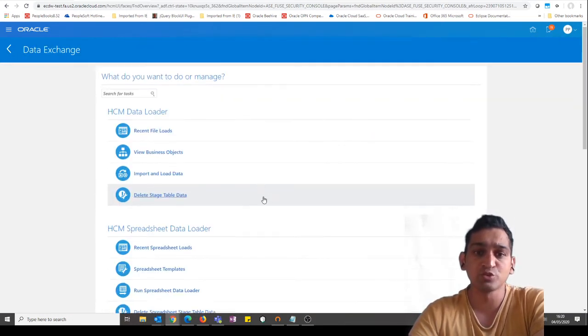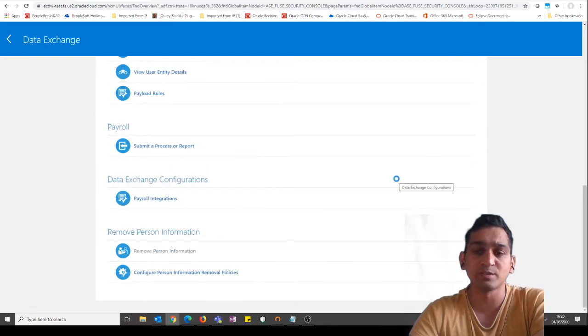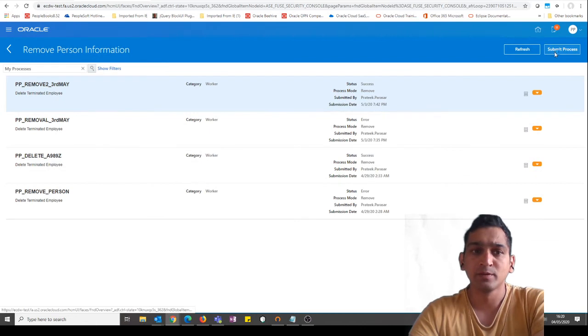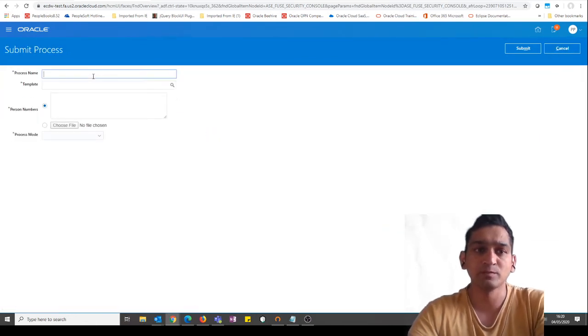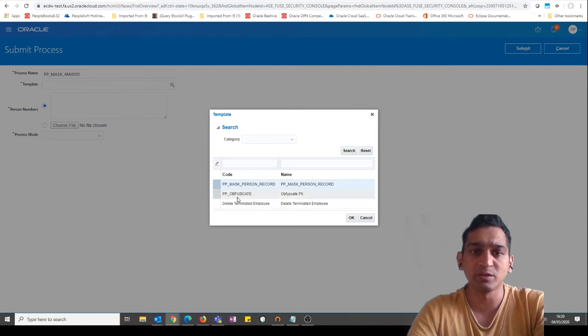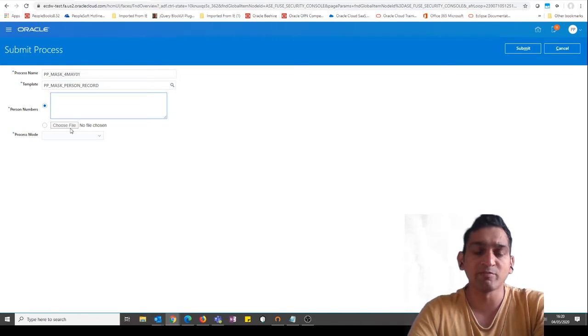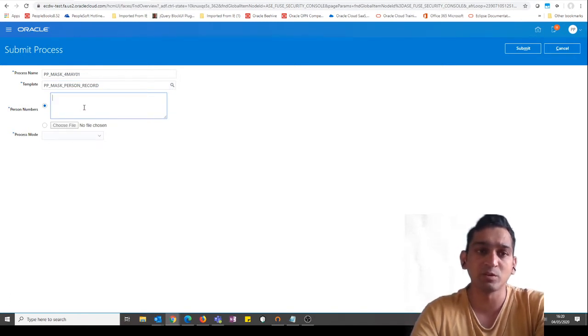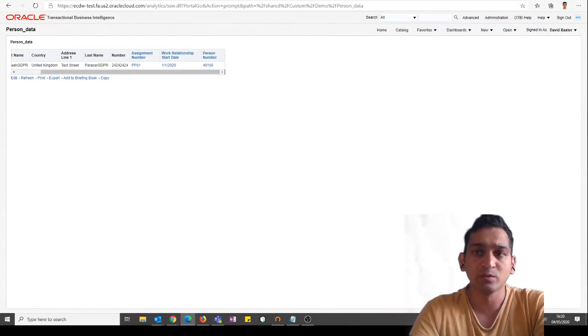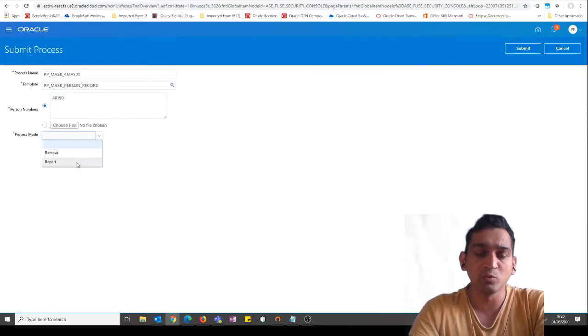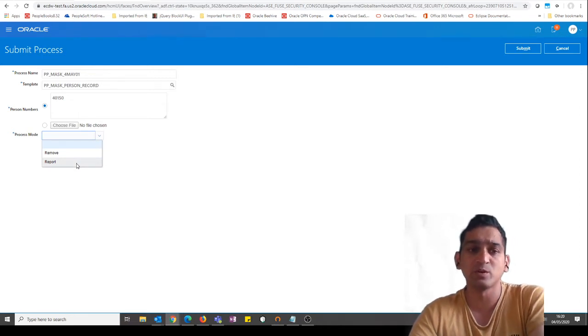As I have the permissions to do so, I will be able to go and say remove the person now. Submit process. I say PP mask should be me. I'm running this. I will take any of the active templates. So I've got this one, people mask person record, and that's where either I can supply a file of people I want to remove, which will come out of the report, or I can just copy and paste the number. In this case, I only have one ID, 40150. So I'll go and I would be able to run them in report mode to see whether it's going to remove it or not,